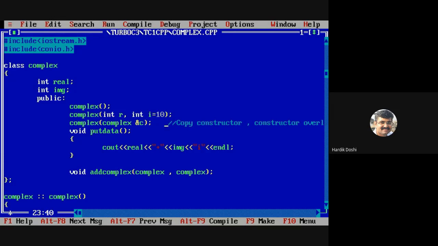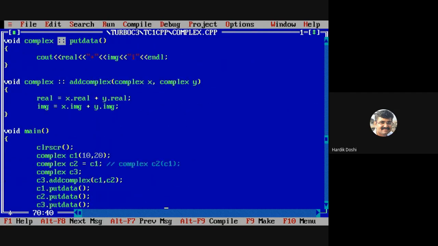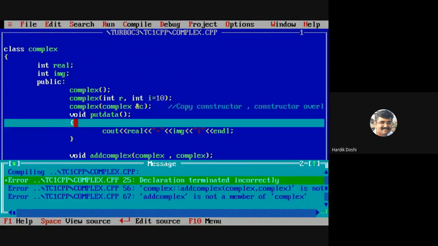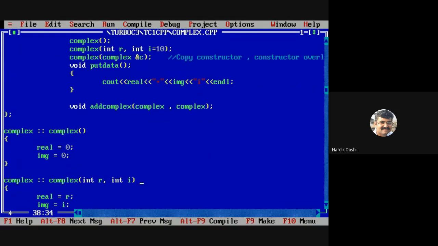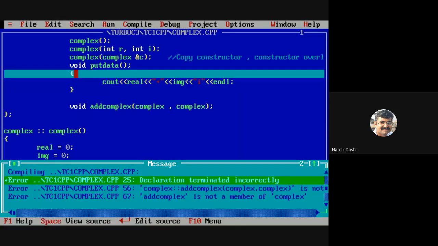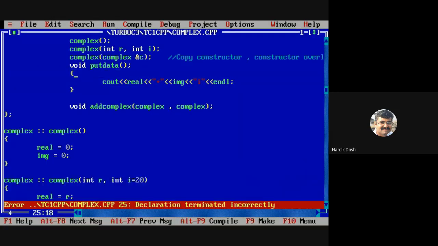But over here, I have specified 20. What should it take, 20 or 10? 20, because I have specified. I need to specify it over here, not in the declaration.